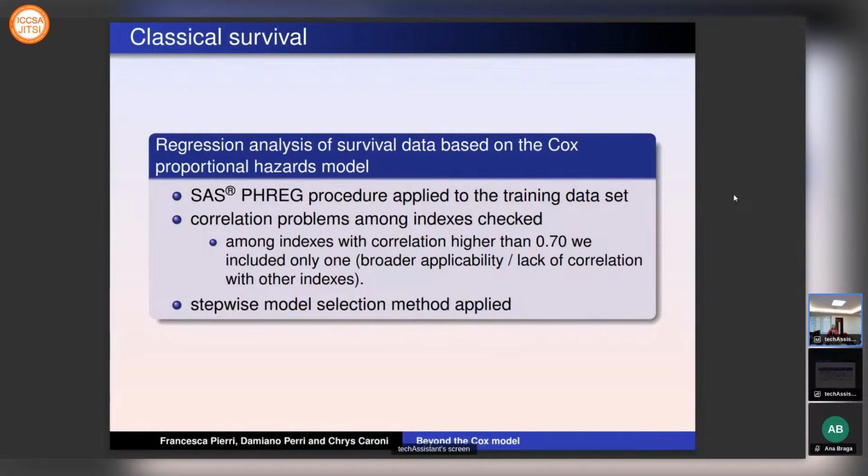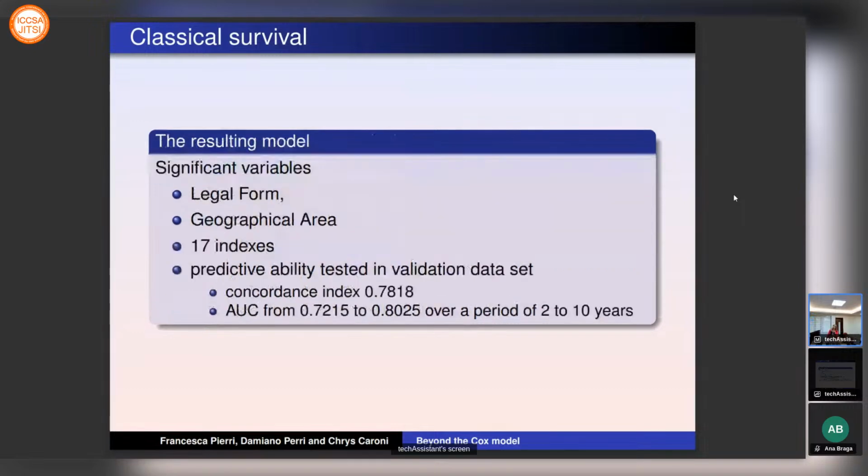And then I performed a stepwise model selection method to obtain the best model, and I obtained among the significant variables legal form, geographical area, and 17 indexes,